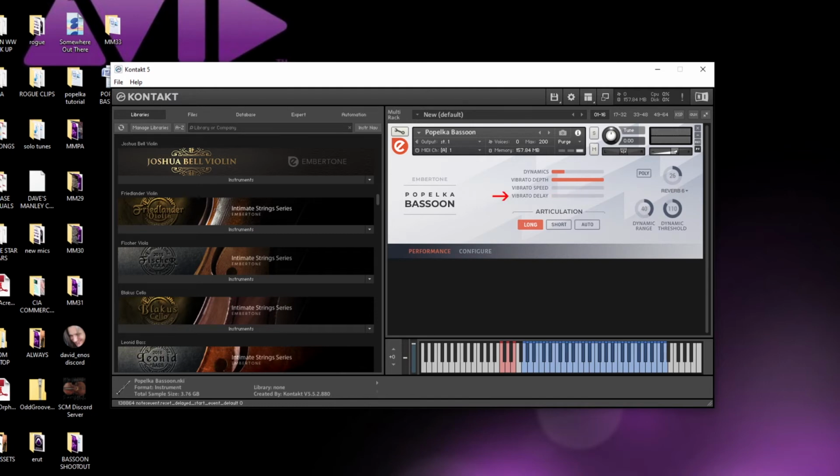Vibrato delay is how fast or slow the vibrato comes in after a note is played. This is with no delay, and this is with the delay set to the highest setting. As you can see, all of these parameters can be manually changed by clicking and dragging on their respective bars